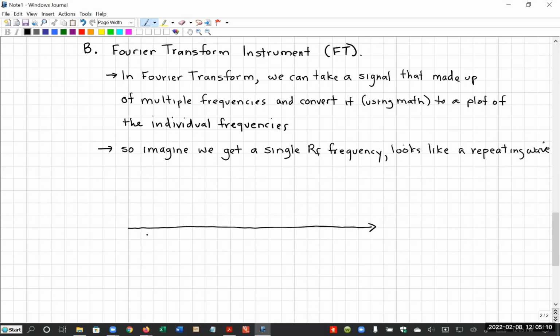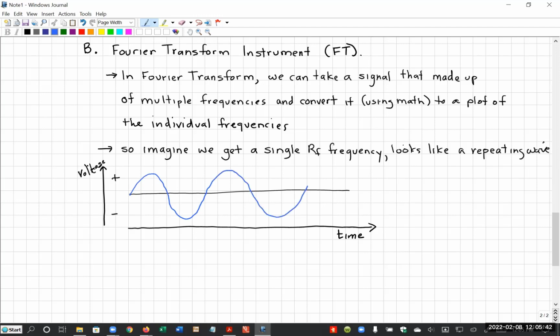So if we watch that over time, if this is our voltage, an electrical wave does this. It goes up and it comes down, and it goes up and it comes down, and it goes up and it comes down, okay? That's a wave. And the frequency is defined as